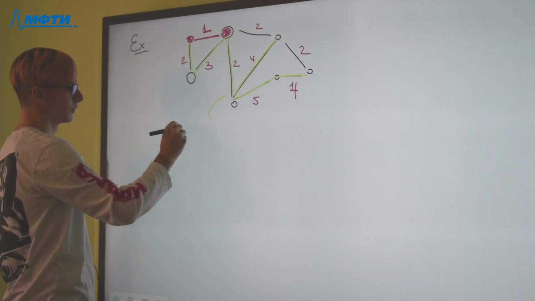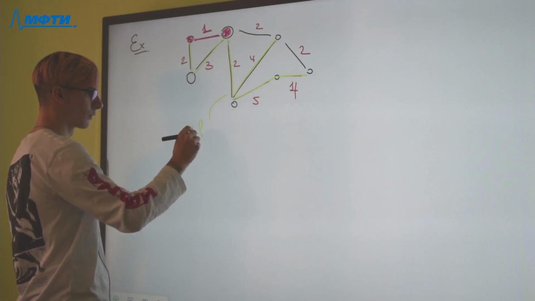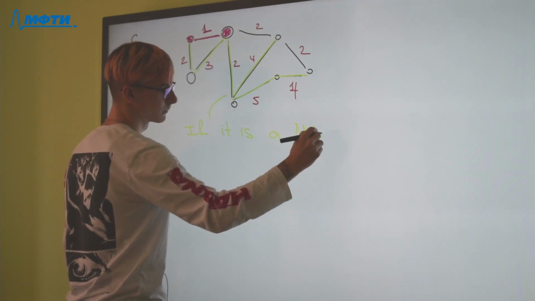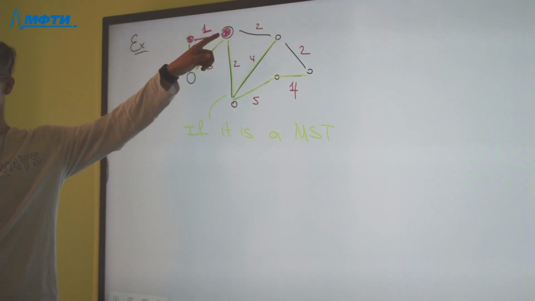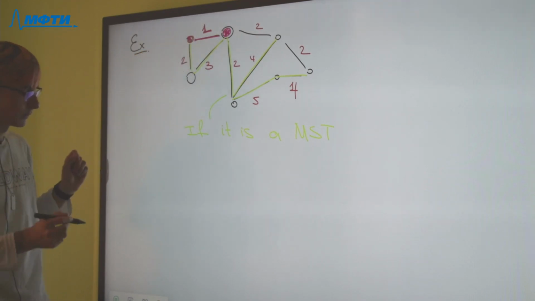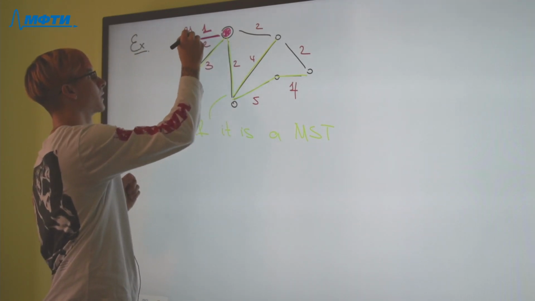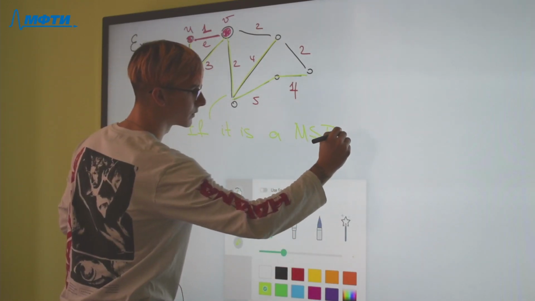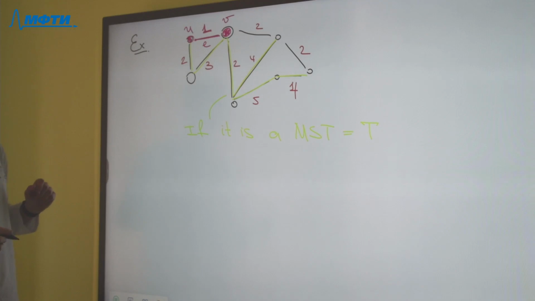If it is a minimal spanning tree, then when we add the edge with the minimal cost, which I can name edge E, that connects U and V, to the tree, which I name T, then